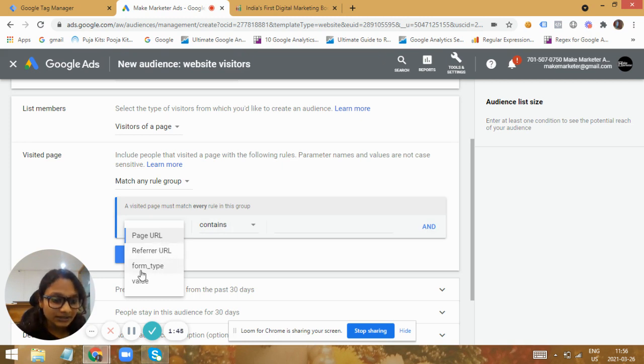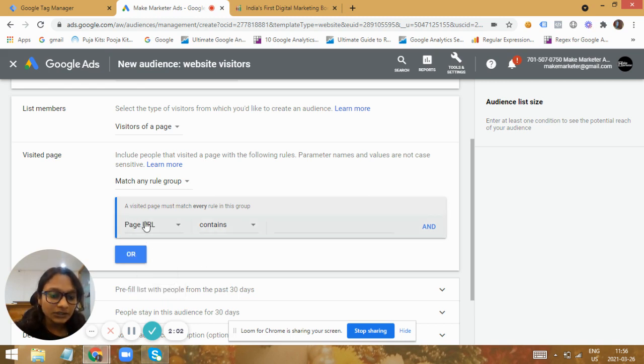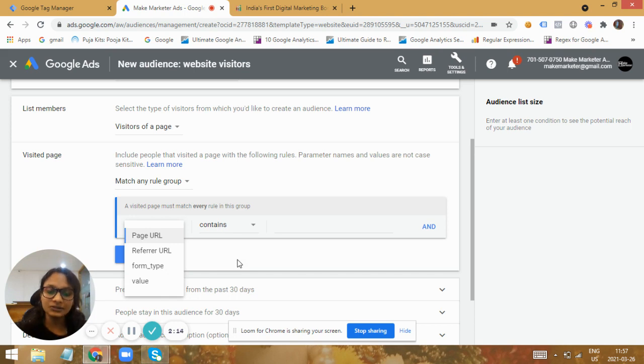But in order to get this form underscore type, this is the new custom attribute that I have created, based upon which I would like to create the custom audience, retarget them, and market based upon those attribute values to those particular users. In order to get this custom attribute into our Google Ads audience section, and create a custom audience based upon this and remarket to them, we firstly need to implement the Google Ads remarketing technique using the custom parameters or the custom attributes by using Google Tag Manager.